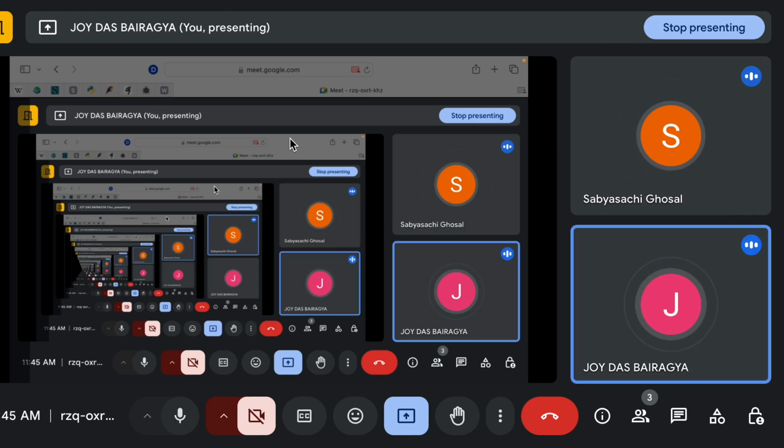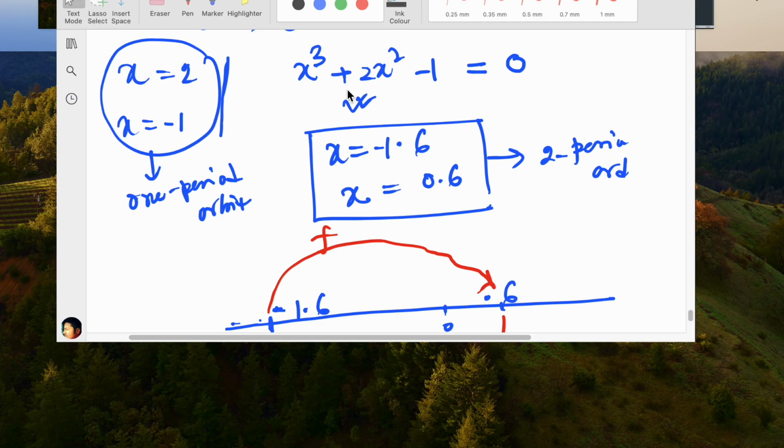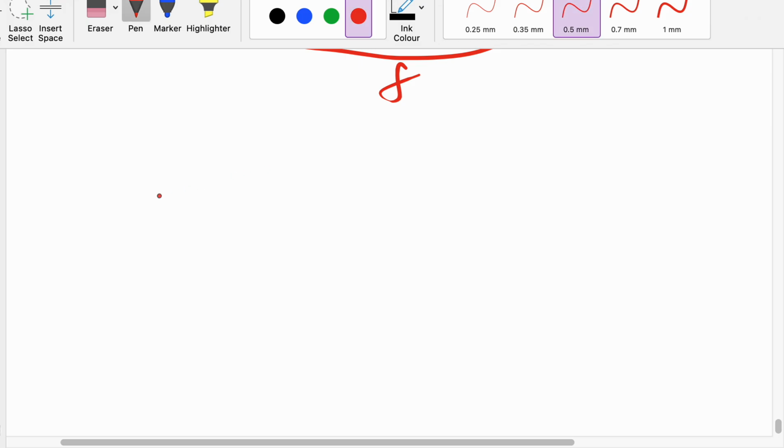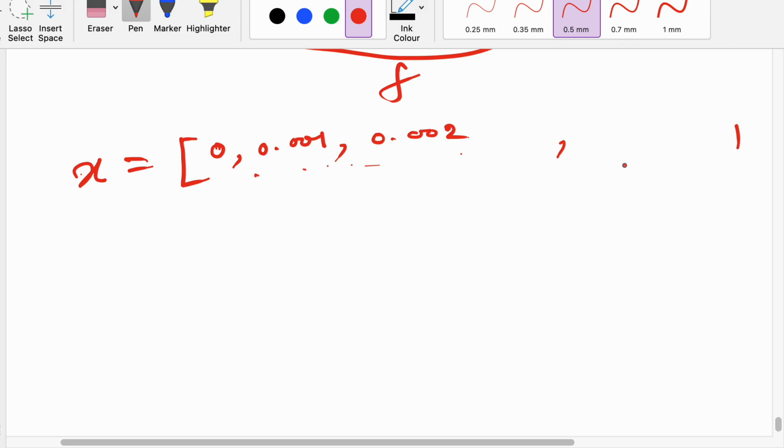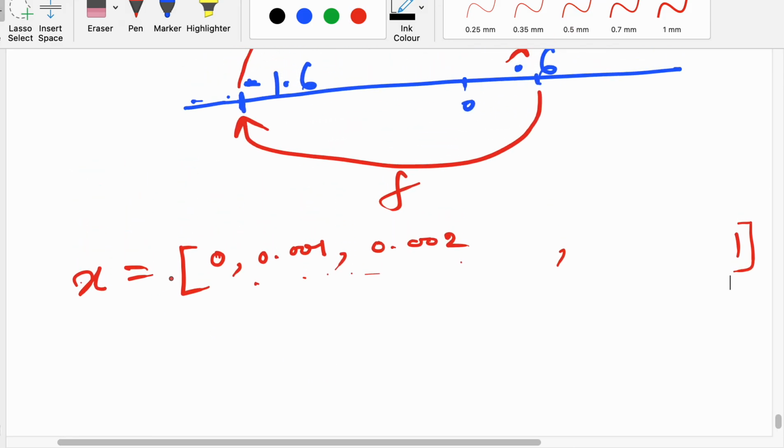No, 1000 iteration means I am just taking 1000 values of x. So I am taking the 1000 values of x. First 0, then 0.001, then 0.002, and so on, up to 1. I am saying that I am taking 1000 points between 0 and 1, uniformly. By using this x,